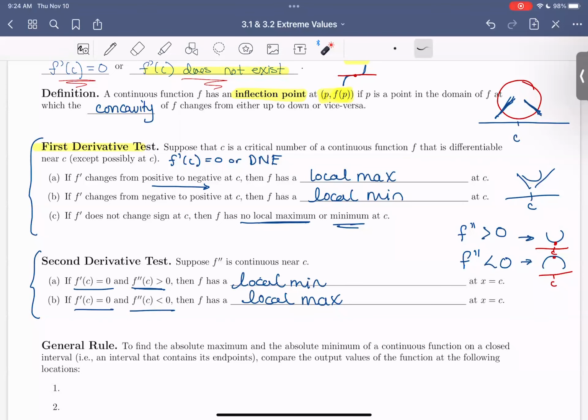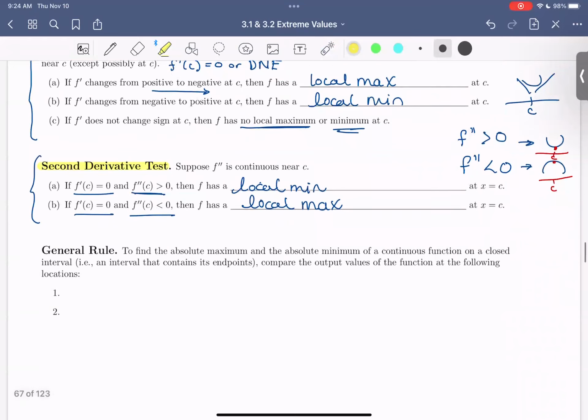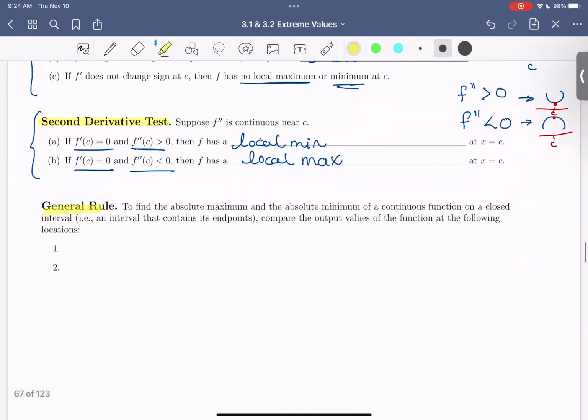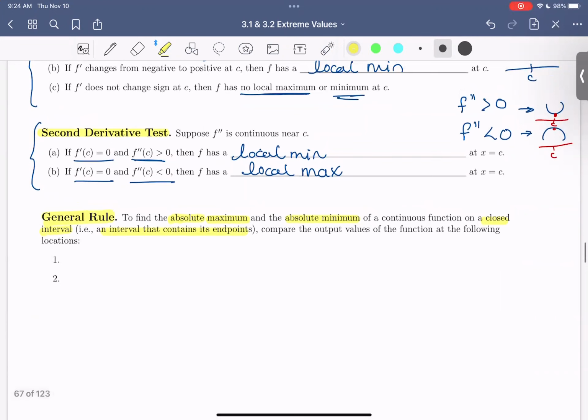But now let's finish off this page with one very important final rule. So a general rule to find the absolute max and minimum. So far, we've just looked at local extremes of a continuous function on a closed interval. What does that mean? That means an interval that contains its endpoints. So for that preliminary example, that graph or function was located on a closed interval because it included midnight all the way to hour 21. And our graph was something like,